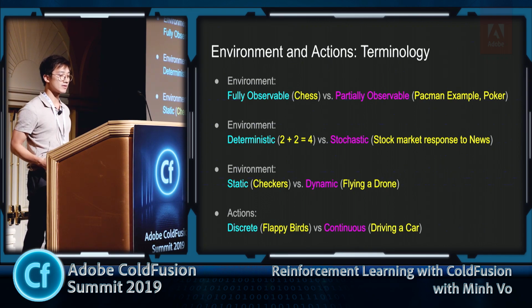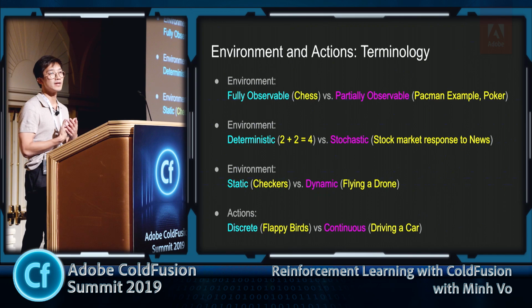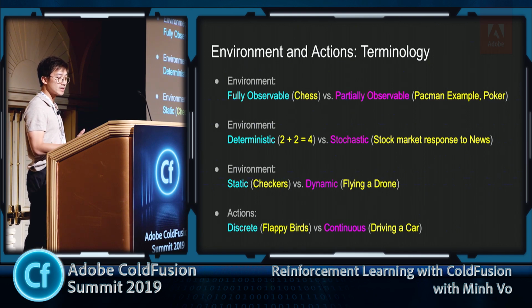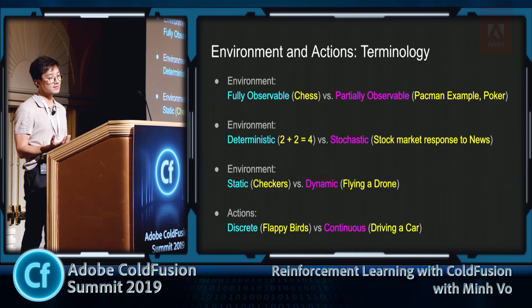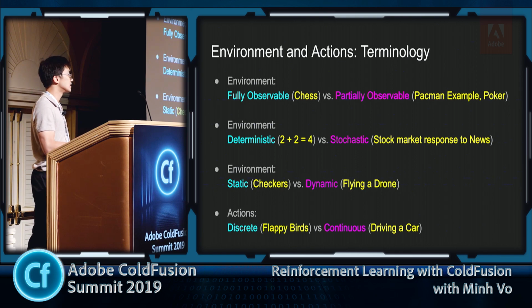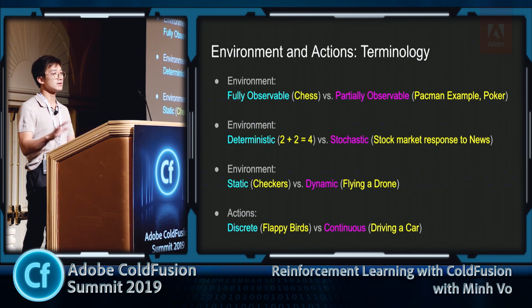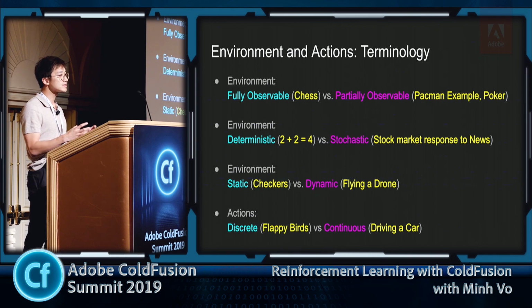On terminology, the environment, like you said, can be fully observable like chess or partially observable like poker, right? I can only see my hand, and I make decisions based on what I see as my hand and what I've seen played, but not necessarily what you're holding. Environment can also be deterministic or stochastic. Deterministic is, if we're playing a game and the inputs are 2 and 2 and the game is to add, then it's always going to be 4. There's no randomness to it. It's always going to do that. And the state I have right now is enough for me to predict